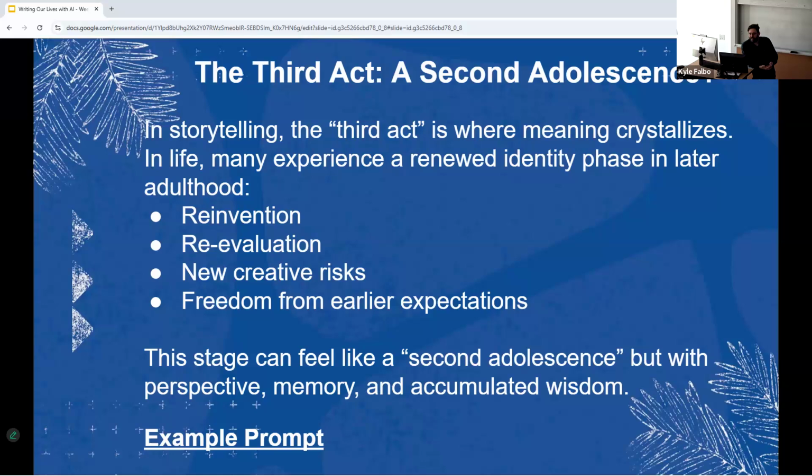The second adolescence. When you try to break down those character archetypes and you see the structure of each one of those characters, their interests, and their involvement with each other, you really get into this maybe third act, second adolescence.